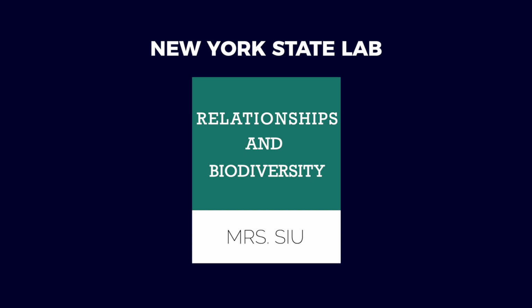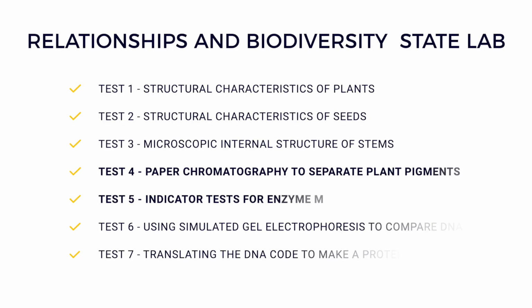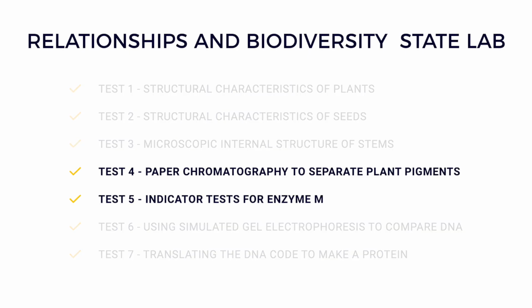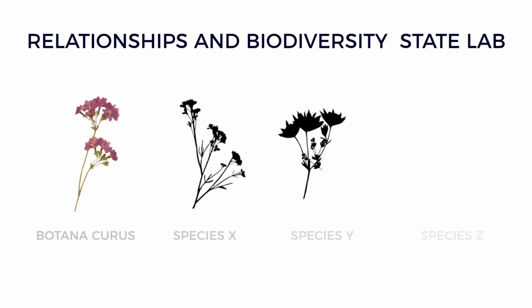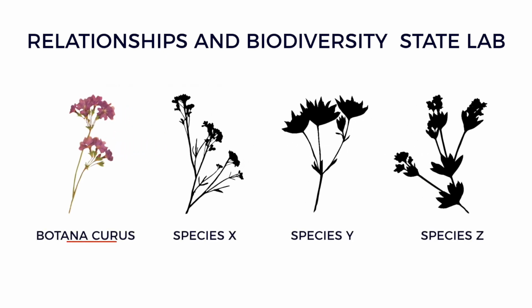This is the Relationship and Biodiversity State Lab. You need to know genetics and ecology for this lab, which consists of 7 tests total. This video demonstrates tests 4 and 5. The goal of this video is to find which of the mystery plant species is closely related to Botana curis